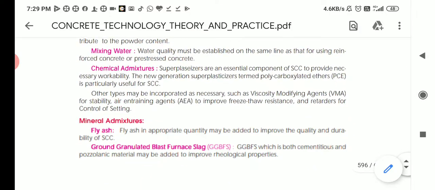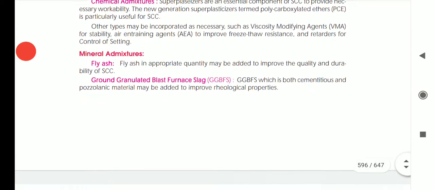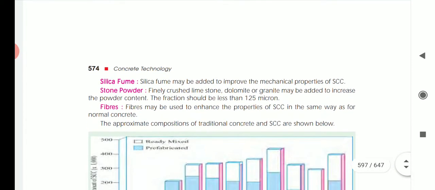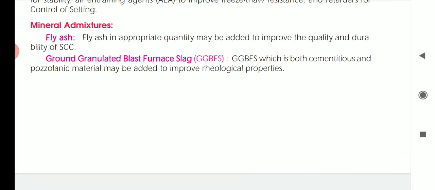And other than these chemical admixtures, some mineral admixtures are added, like fly ash, GGBS, silica fume, stone powder or some fibers. We have already studied these mineral admixtures in the second module. So the first one is fly ash, an appropriate quantity of which may be added to improve the quality and durability